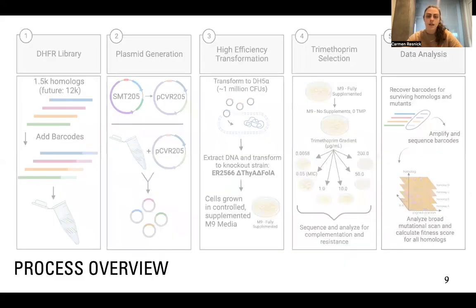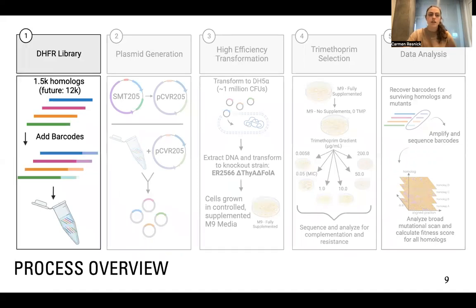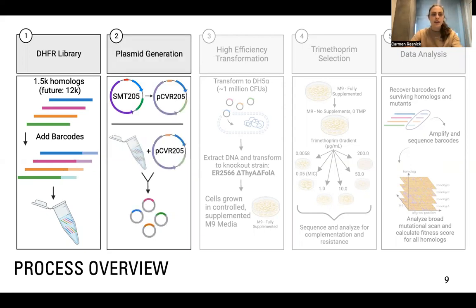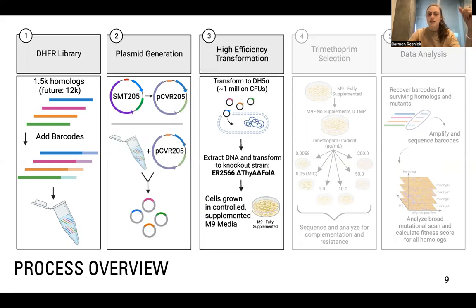Now, I'm going to briefly run through how I'm actually conducting this study. We've started with this DHFR library generated through DropSynth. This library has barcodes, short 20 base pair fragments at the end of the sequence. And we've then taken this library and inserted it into a plasmid that allows us to express the library in E. coli. We've used first a generic strain, and then again transferred this library of DNA into what's called a